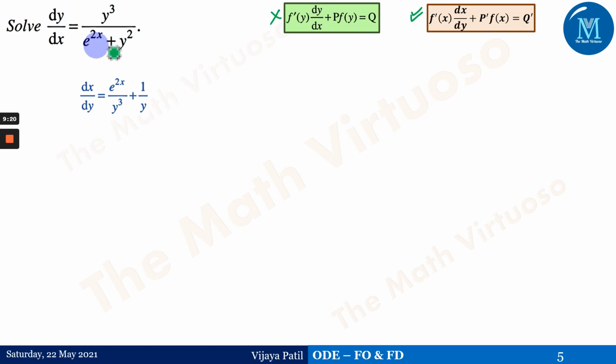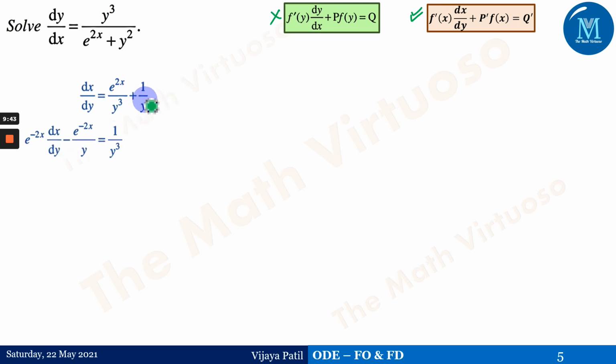So you always have to look at which form would be applicable, whether it's f dash of y dy upon dx or f dash of x dx upon dy. So you need to concentrate on whether the function of y and its derivative is present, or the function of x and its derivative is present. So you can easily identify it over here.